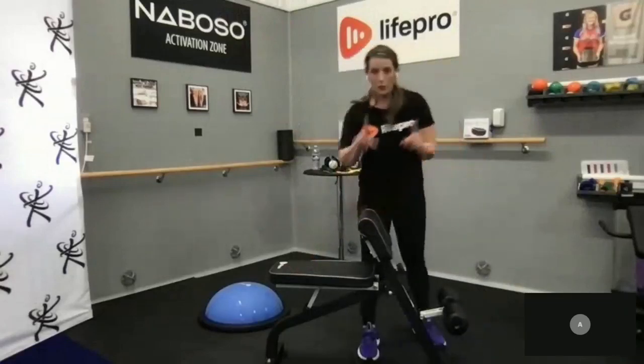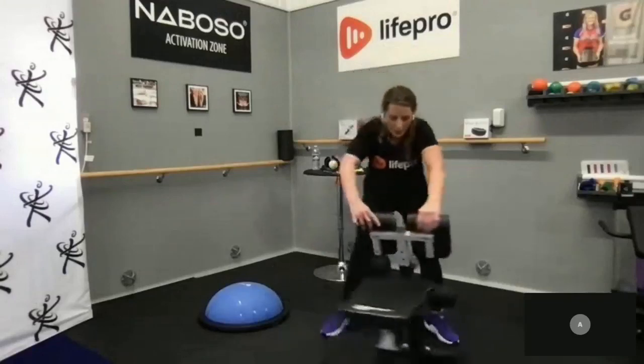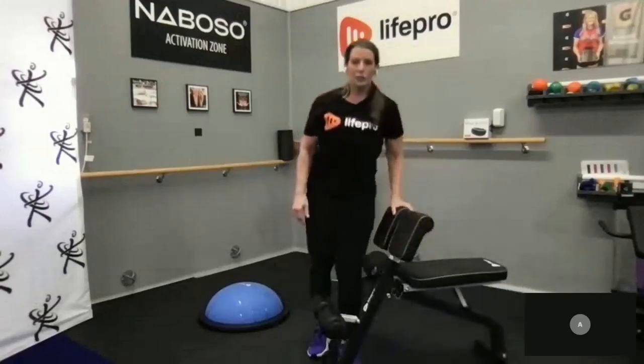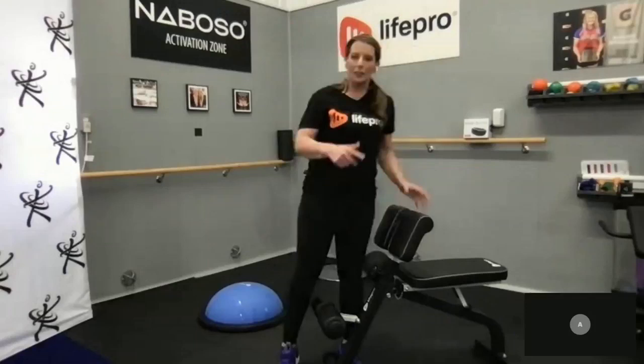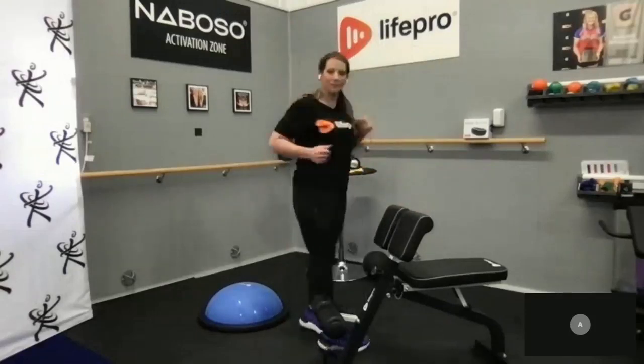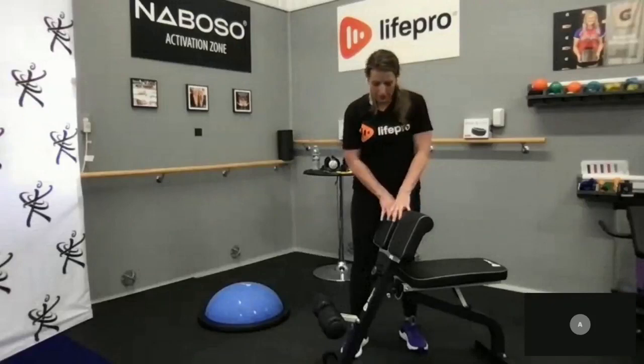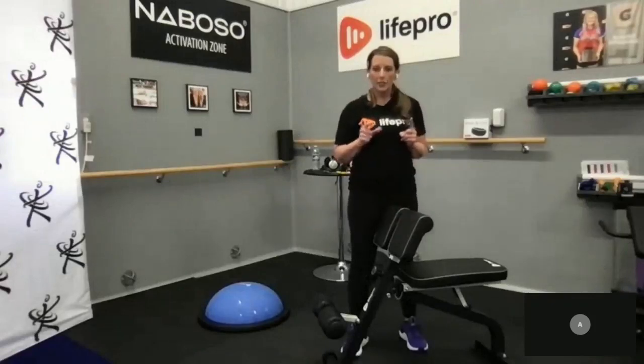And then you can do one of two things. If you wanna stay watching me, you just flip your bench around to do the other leg. And if you don't wanna move your bench around, then you just turn away from me and do it away. See how that works? Okay, so those are some of my favorite exercises that you can do using the Sculpt